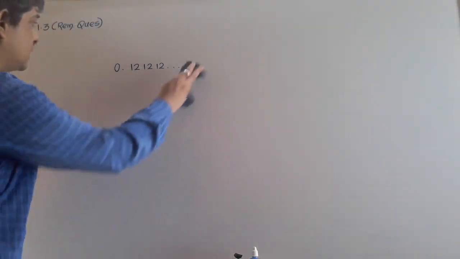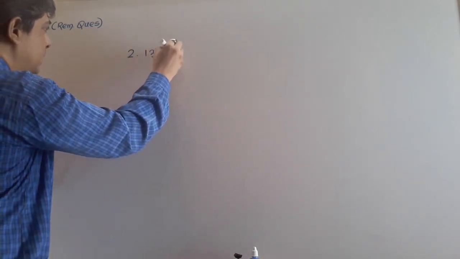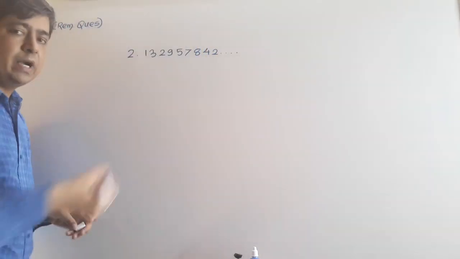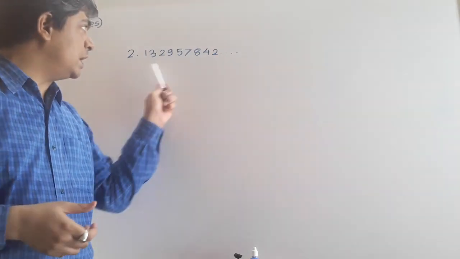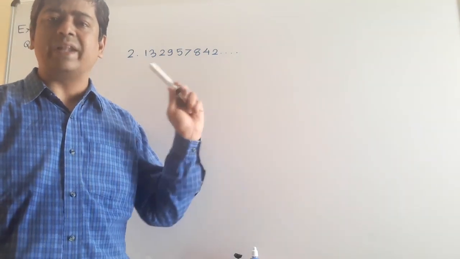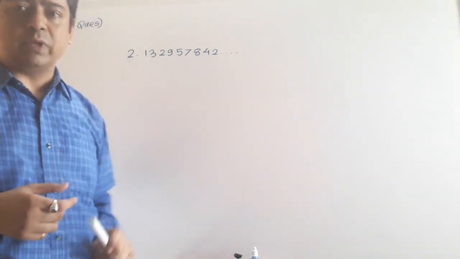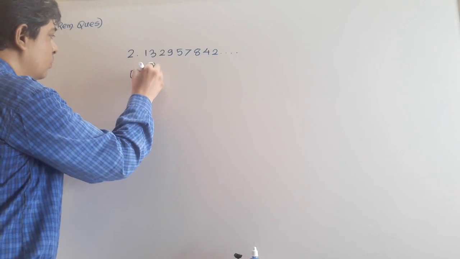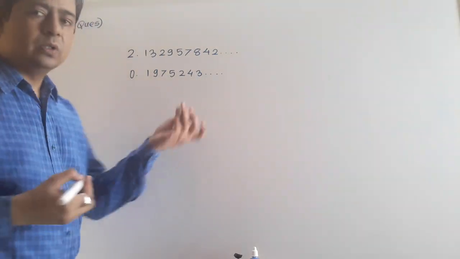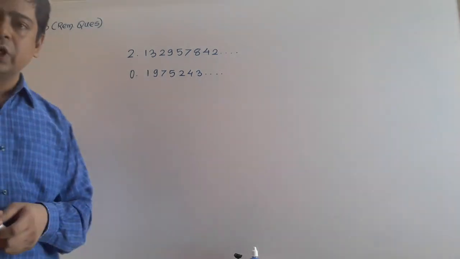For example, suppose I produce the first number here, 2.132957842... So see, my digits are coming in random order. Nobody can say I am observing a pattern, and this number is purely a non-terminating, non-repeating or non-recurring decimal. One more number, 3 you need to write down. So one more I am writing, and one you write down by your own. For example, 0.1975243... No pattern can be observed. Such kind of one more number you can write down here. Right? So I hope in this question also you do not have any confusion.